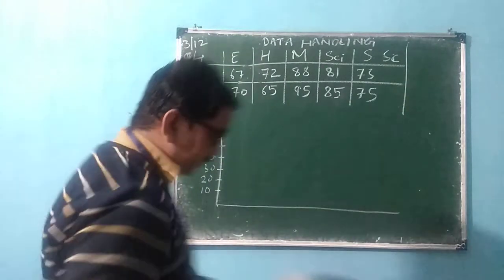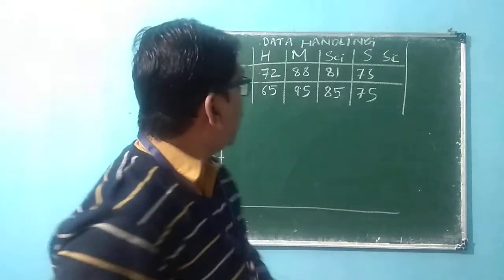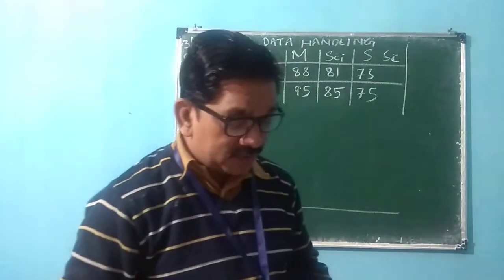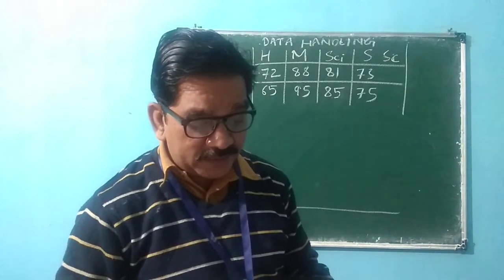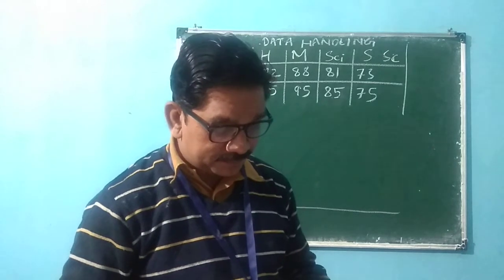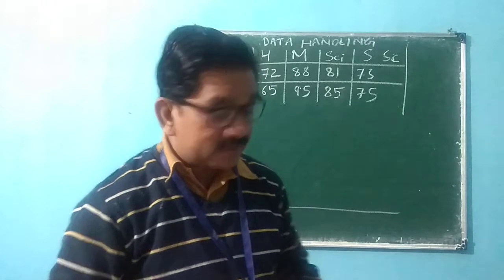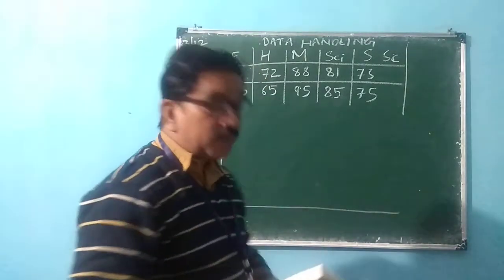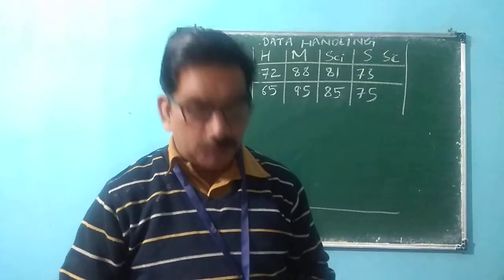The question is there are two exams, the first term and the second term. I've already written the marks here. You can see the book. The first part: in which subject has the child improved his performance the most? Now, if we look at the marks, like 67, 70, 72, we have to find out in which subject he has improved the most.